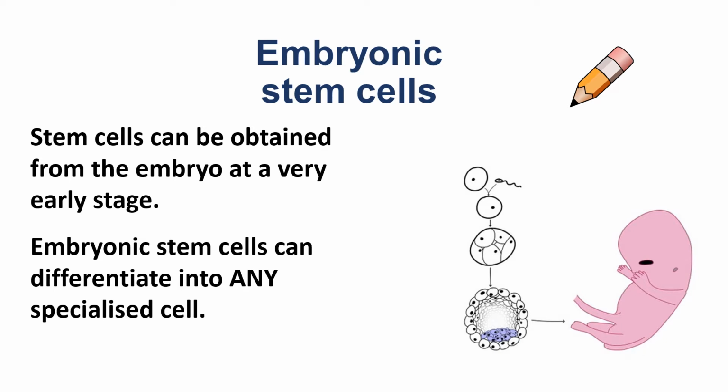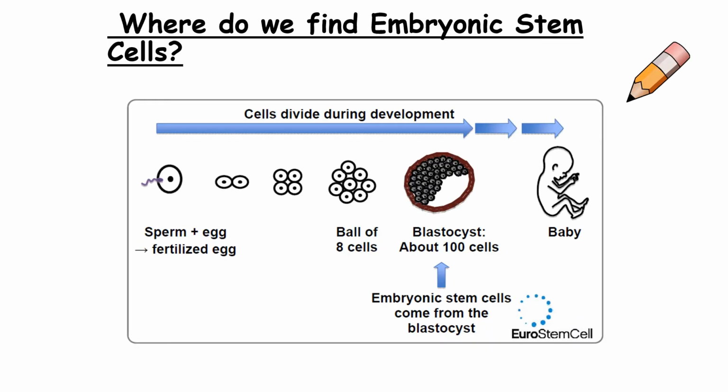As the embryo grows and develops, its stem cells divide to produce cells that develop into different types of specialized cell, which is needed to make functioning tissues and organs. So we get our embryonic stem cells from the blastocyst. So once the sperm fertilizes the egg, then the cells divide, and then they divide again, and then they've got a ball of 8, and then when it gets to about 100 cells,